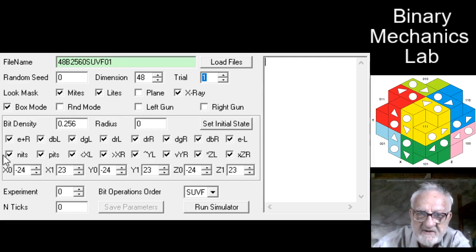we can select, let's say, let's just use positive bits, or let's just use negative ones, or in this case, let's use both. Here we're setting the direction of the L bits, which ones we're going to use or allow to be inserted in the initial state, and in this case it is all types, in the right or left in the X dimension, or up or down in the Y dimension, or coming toward us or going away from us in